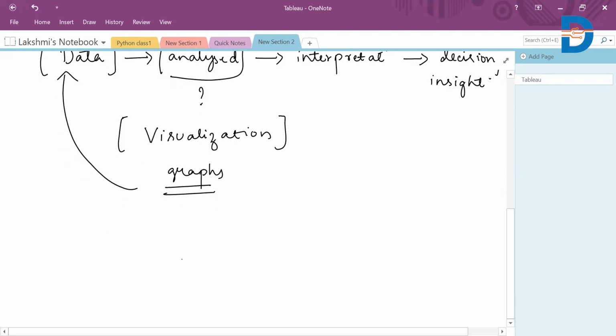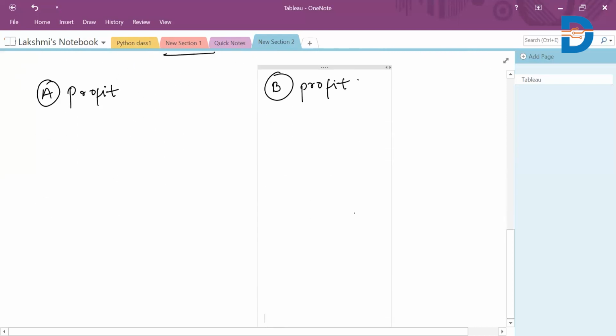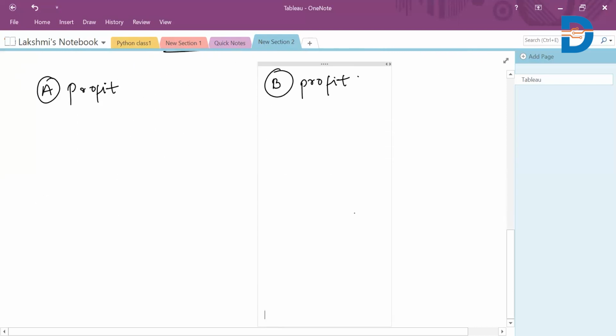For example, let's say we have a company A and a company B. We are talking about the profit these two companies are making. In order to understand the profit A and B make, there are some factors, right? Like what the sales are, what the products are, how their quality is, and so on.